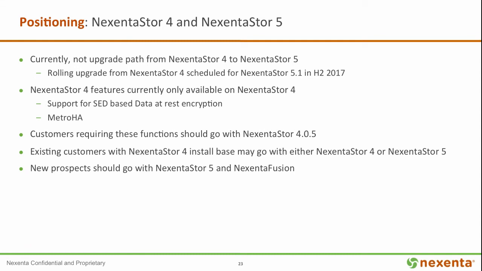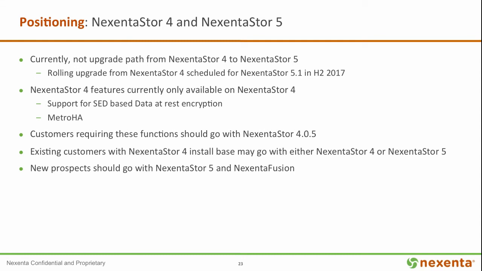Similarly, existing customers with a large install base on 4 may want to stay on 4 for new configurations, because they may prefer consistency of operations on the 4.0 portfolio. For those customers, we recommend sticking to 4. At the same time, we also see existing customers on 4, like Peak 10, that want to get to the new API and the new interfaces, and may want to deploy 5.0 for those new clusters. So the short version here is